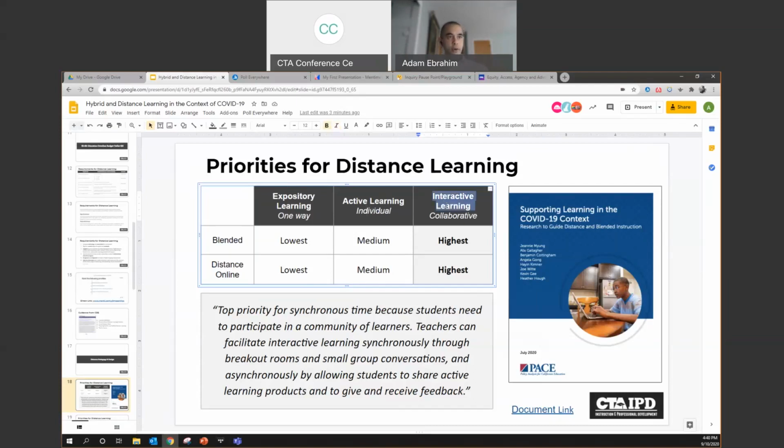And then we have interactive, that collaborative piece. So what they're saying in this research guide is that in the context of blended or distance online learning, I'm going to come back to that question, but short answer, yes. So what they're saying is that with blended or distance online learning, really the highest priority